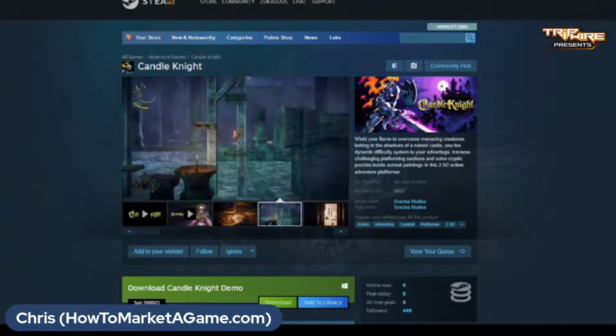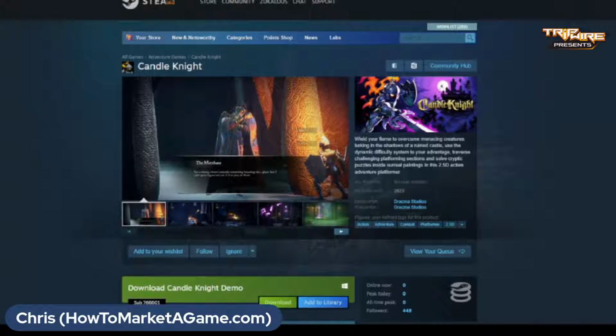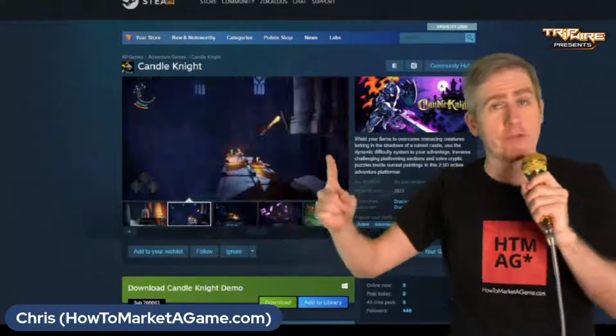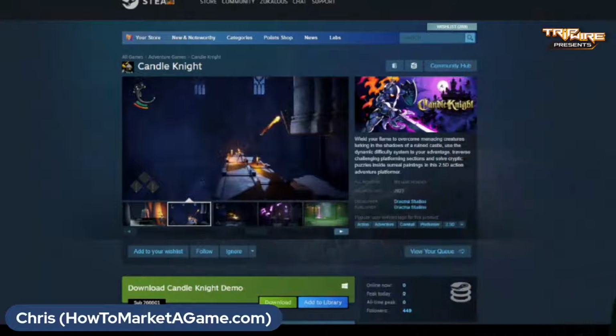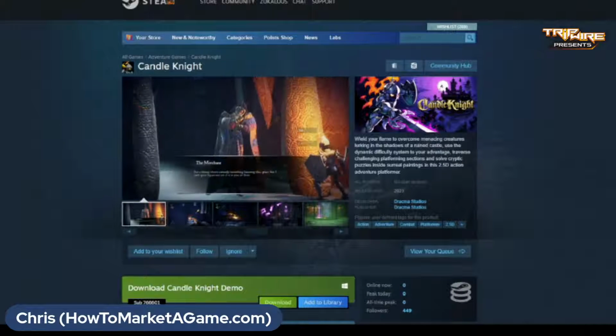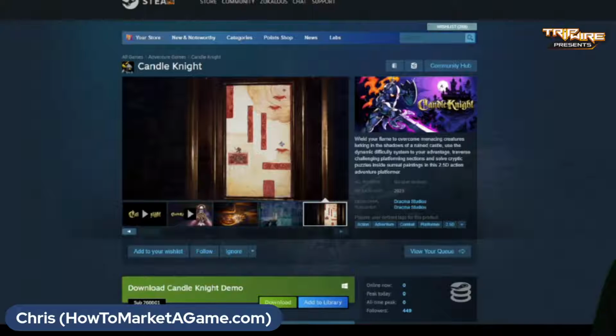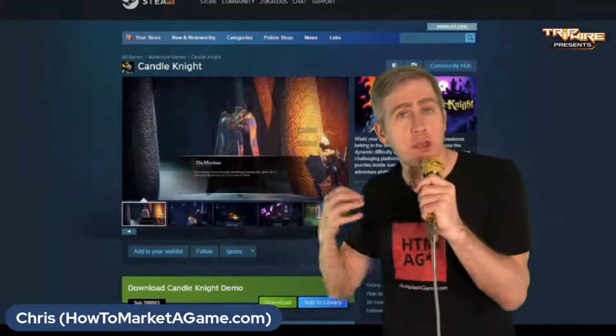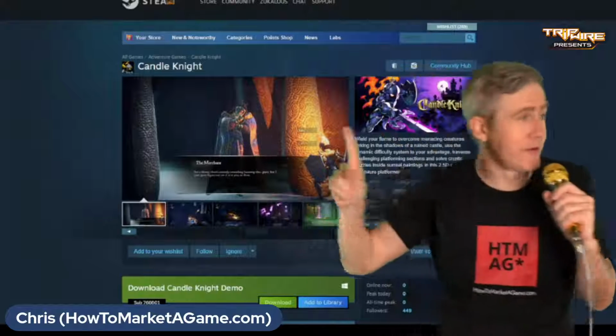Beautiful graphics. You really show those off. Look at this variety. You did a great job showing variety in your screenshots. This is what I'm talking about. Like, oh, there's dialogue systems. I'm seeing the variety of gameplay. There's this 2D platforming thing right here. These puzzles. Like, this is good. This is good showing. When I'm saying to folks, you need to have variety in your screenshots, this is what I'm trying to talk about right here.